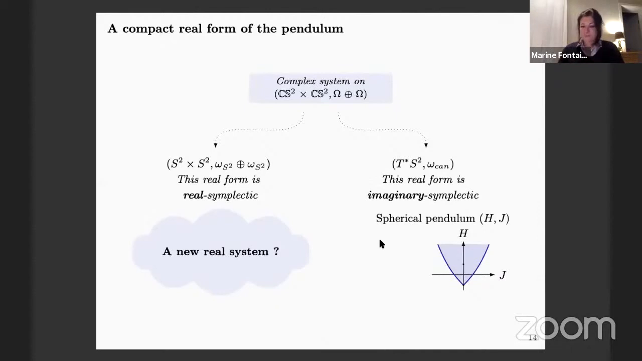So we start now with the complex manifold. You take a product of two complex